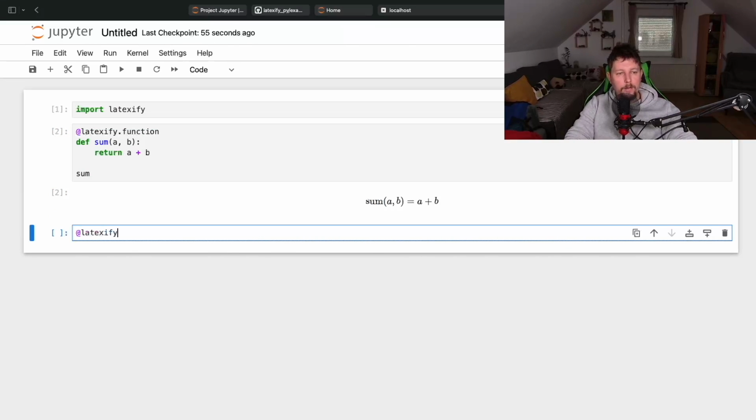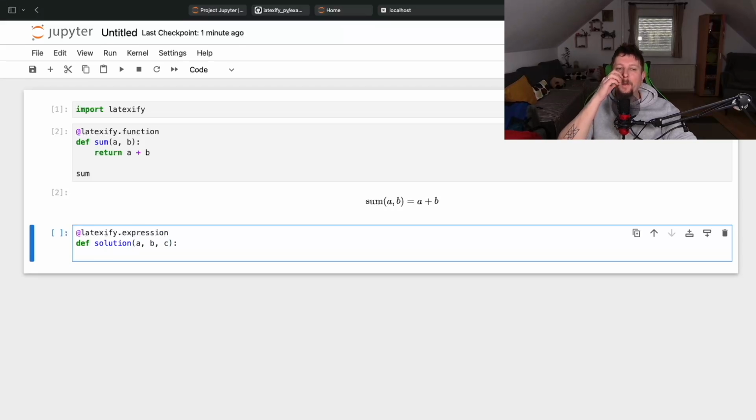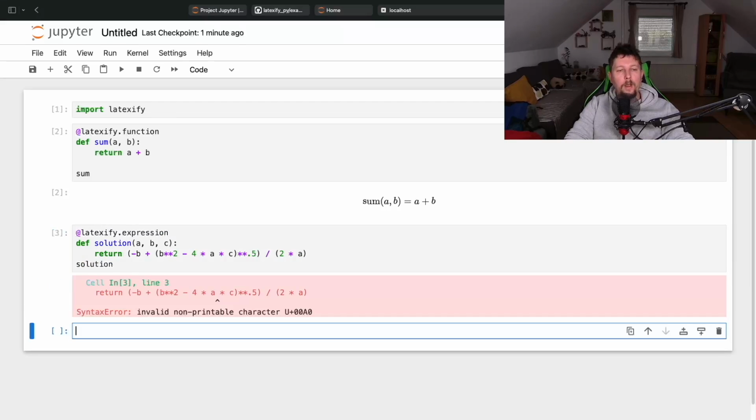So latexify.expression, def solution a, b, and c. Basically what we want to do is to return minus b plus b to the power of 2 minus 4 times a times c, raised to the power of 0.5. So we use the square root, and then we have the 0.5, and finally we divide it by 2 times a, and then print out the solution. So if we run it,